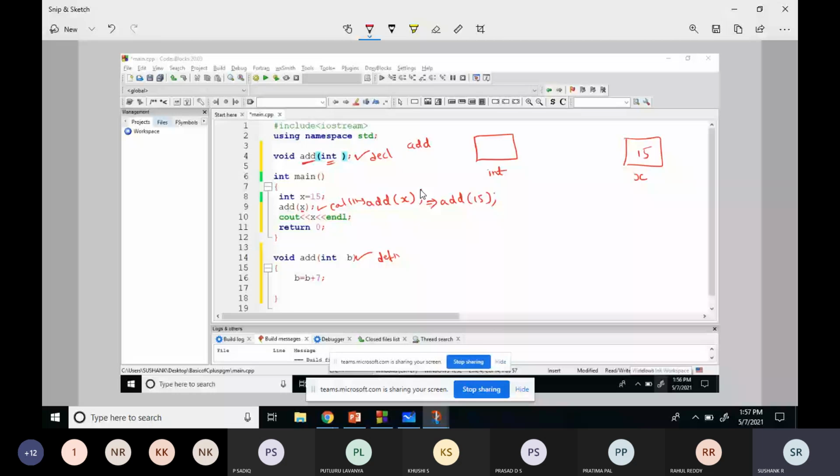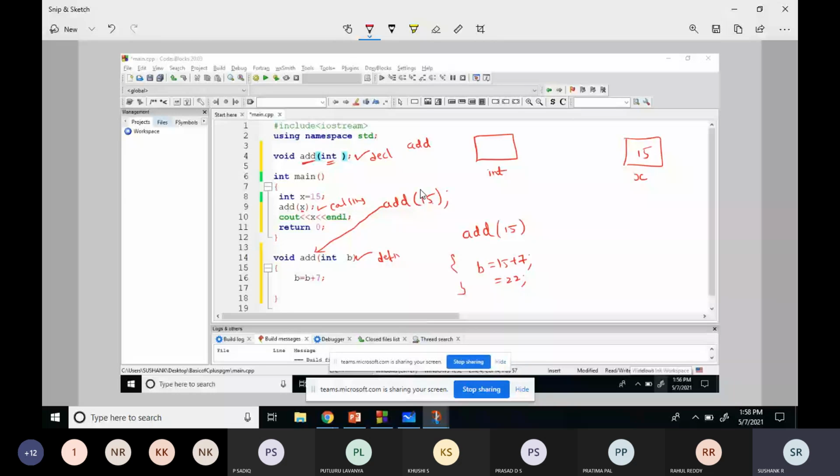So add of x means calling add with the value of x, which is 15. Once this line is executed, the controller will come to this line. So here it will be add of x. What is the value of x? 15. Then b is equal to b plus 7. What is b? 15 plus 7. So this is the logic that will be implemented. The b will become 22.